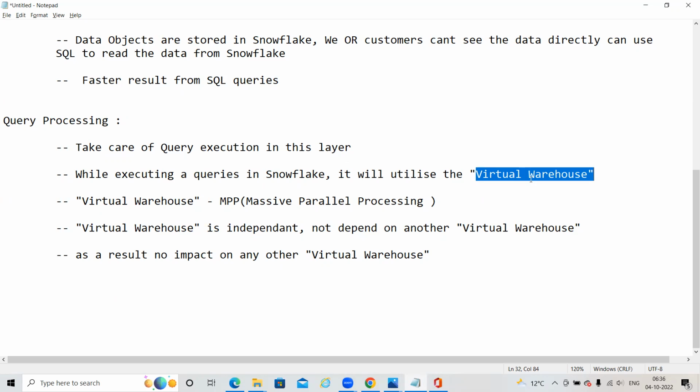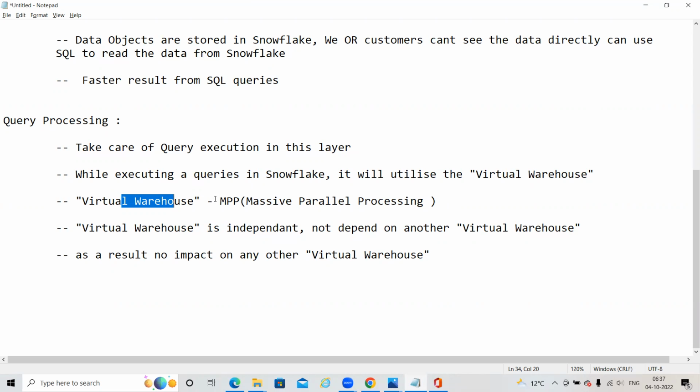So with a virtual warehouse, your queries will be executed in a parallel way, not one SQL query completing and then another completing, and then another. The beauty of this virtual warehouse concept is that it executes your queries with parallel processing.